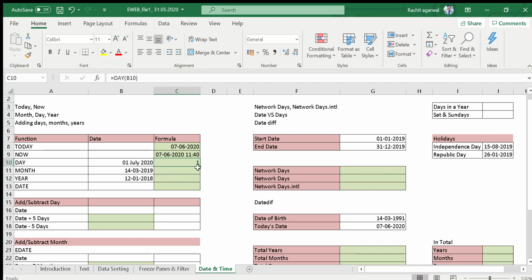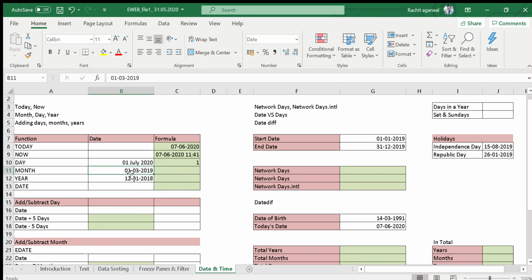In the second option, if you want to know the month in this date, it is very clear to everyone that 14 is obviously not a month, so I changed the date here. Now 1, 3 and 2019.